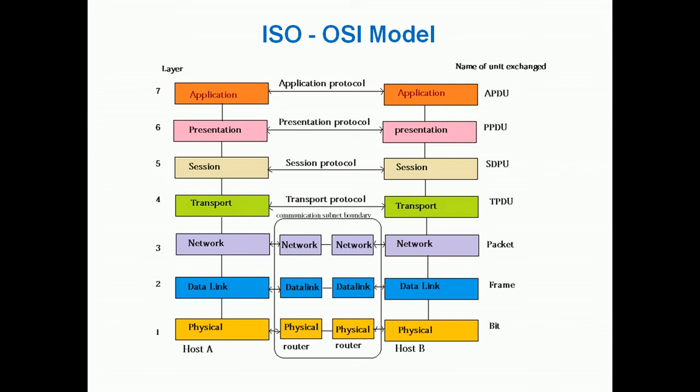Next topic is the ISO OSI model. ISO means International Standard Organization, and OSI means Open System Interconnection Model. Why is this known as the Open System Interconnection Model? Because using this model, any two devices on the internet can communicate without bothering about their underlying hardware,